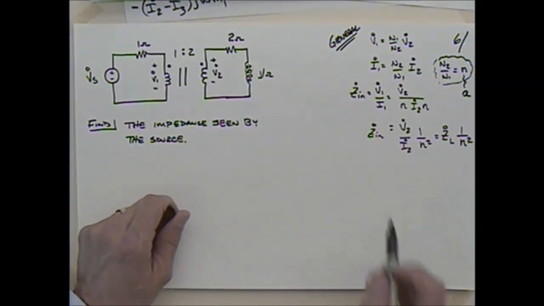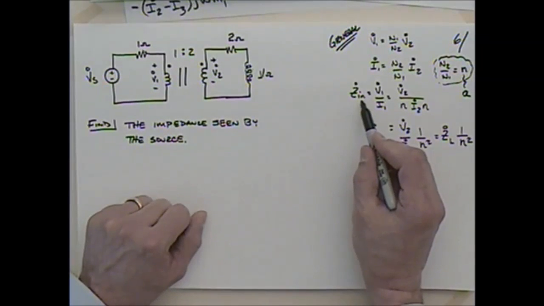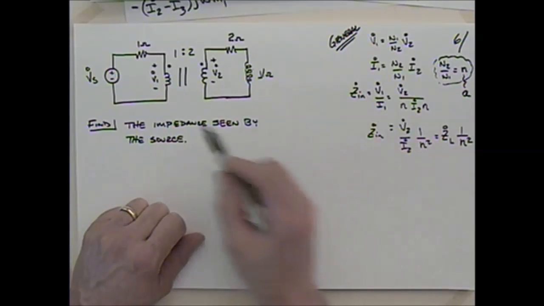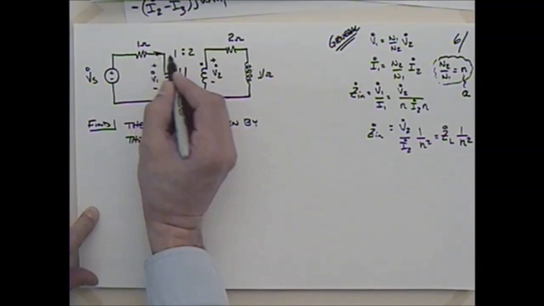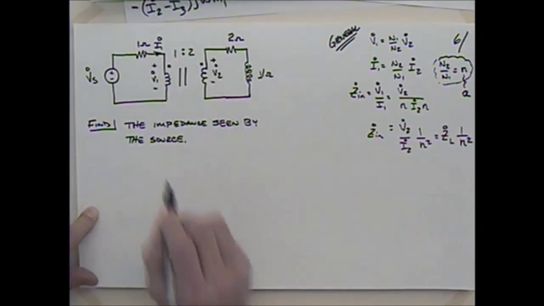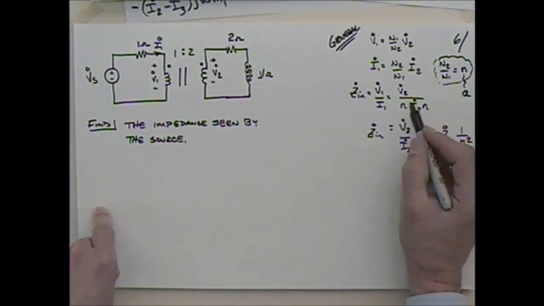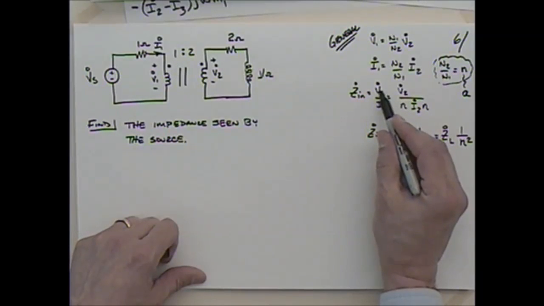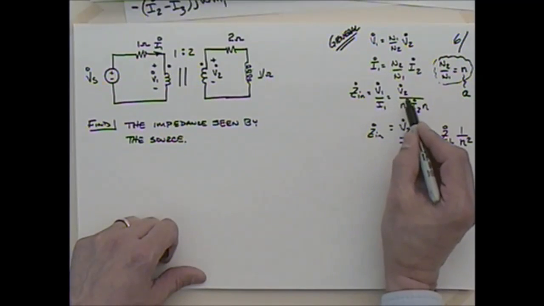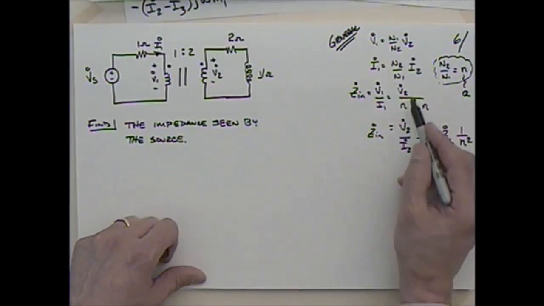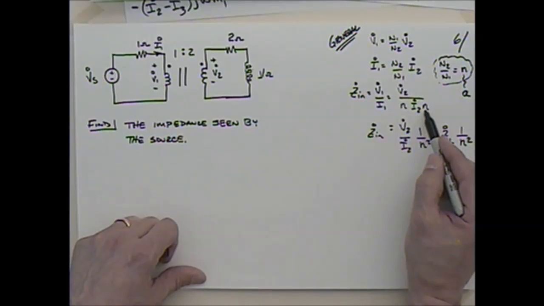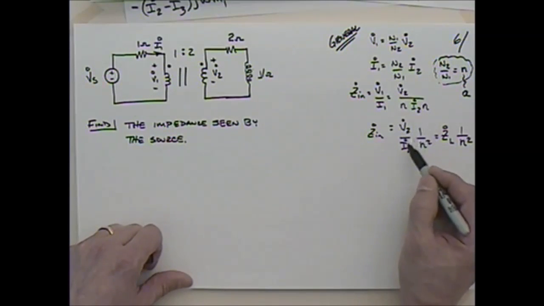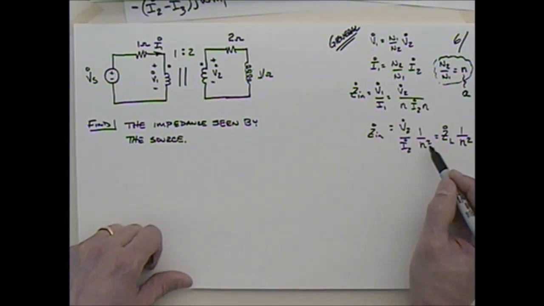So now if I talk about the impedance V1 over I1, and make the substitution for V1 and I1 using these terms up here, I would get V2 over n, and then I1 would be I2 times n. So I could say this is V2 over I2 times the quantity 1 over n squared,